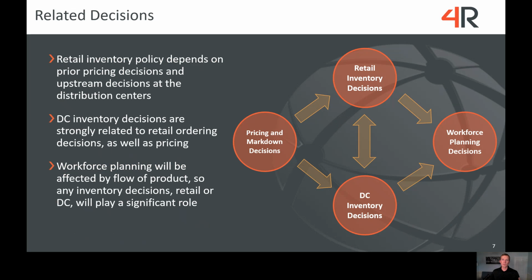So as I showed, most of these factors are heavily dependent on other past or future supply chain decisions. Pricing decisions affect retail and distribution center inventory policy. Inventory policy, in turn, affects the workforce needed at specific points in time. Knowing how all these external decisions are made and explicitly accounting for them will make the supply chain more efficient and help maximize the